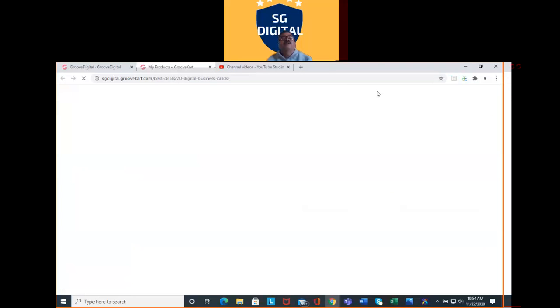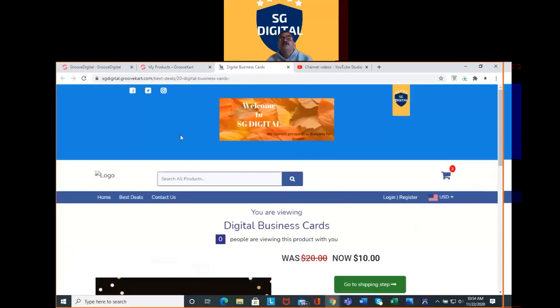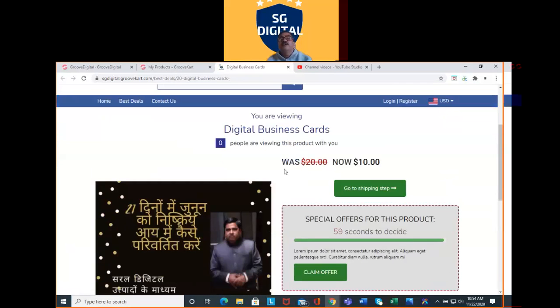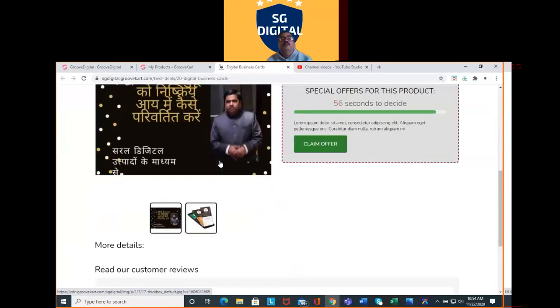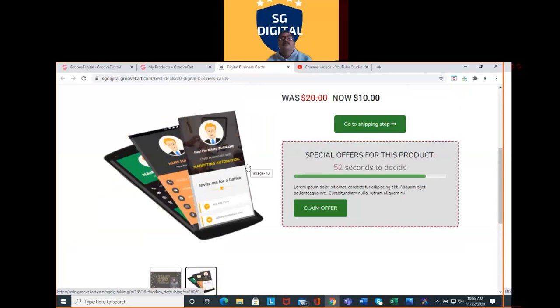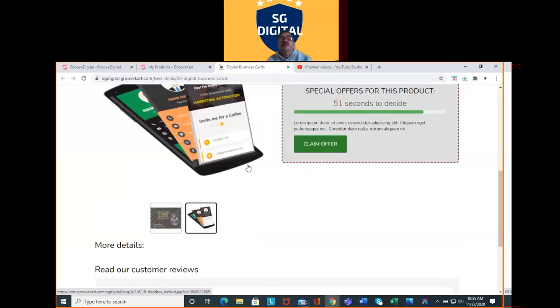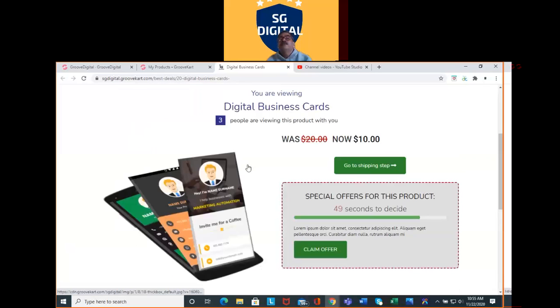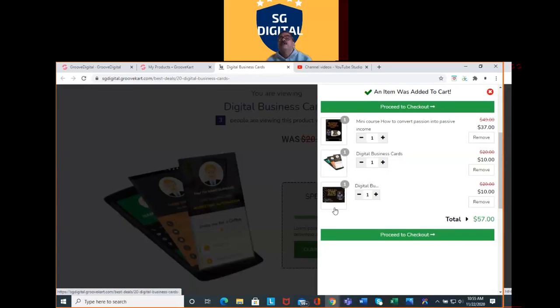Now you will preview this product on the business card. So digital business card, it was $20, now it is $10. These are the product details here. So you can see these are the products here, and go to shipping steps. These are the products now it's created. We have got 3 products here, $37, $10, again $10.